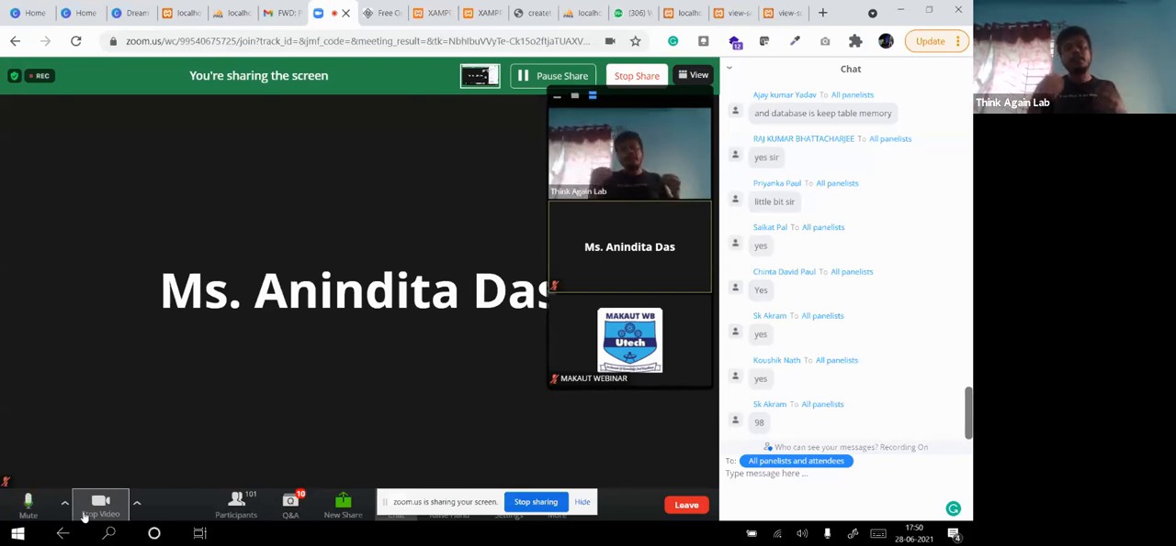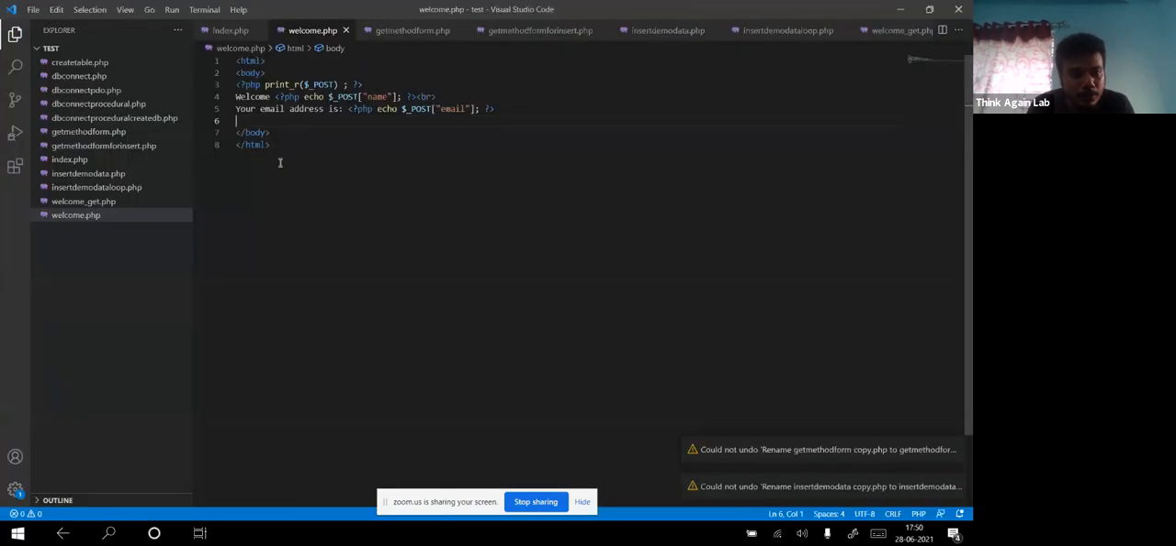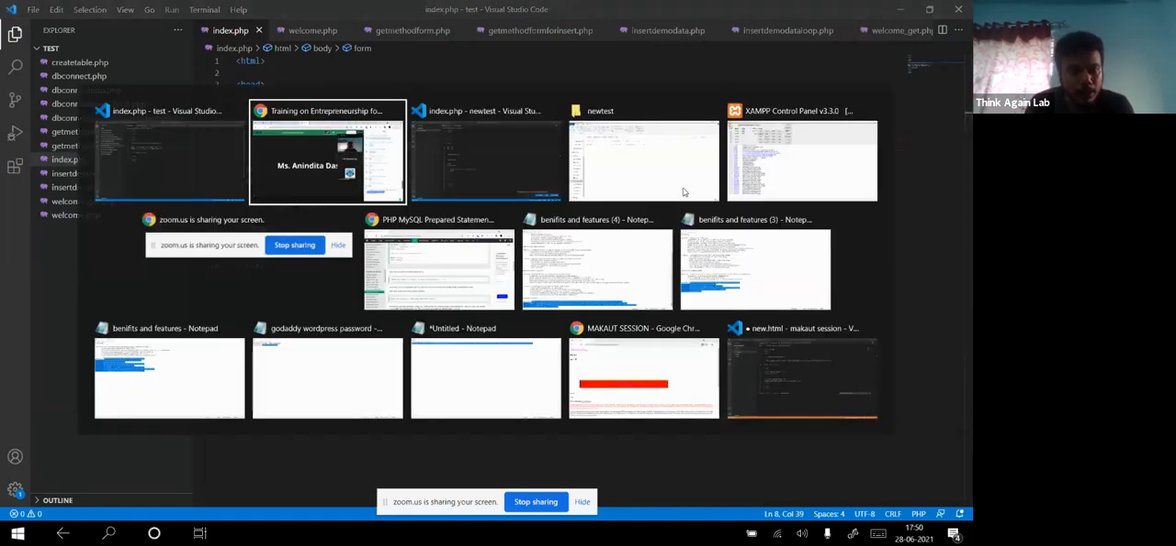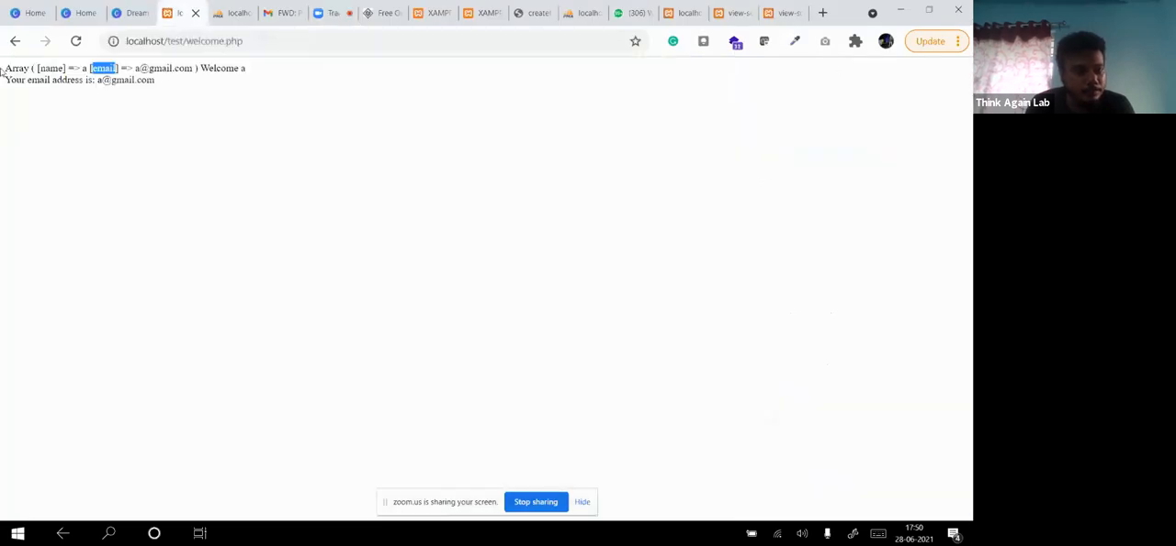But in case of the get method, the data will be appended to the URL. Let's check it. Suppose I am changing this method. I change the method to get, which is less secure, right? Now if I go and do the same thing,